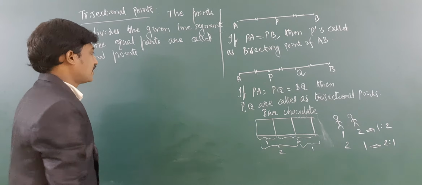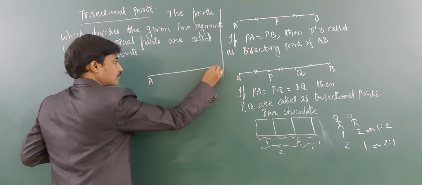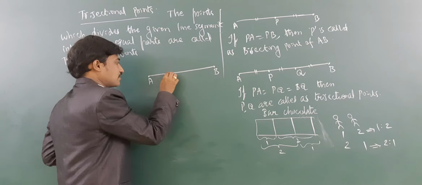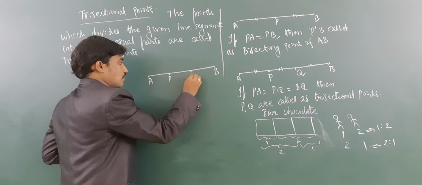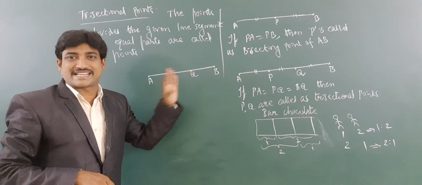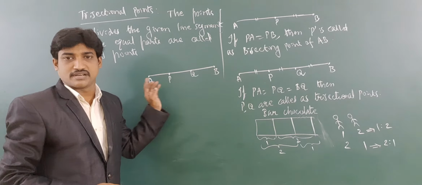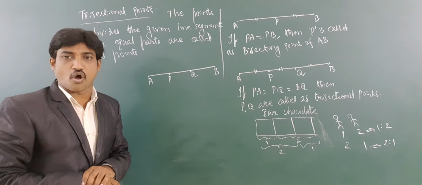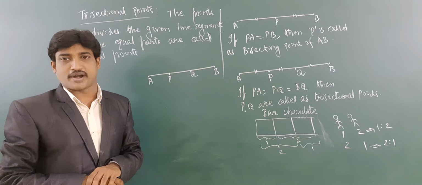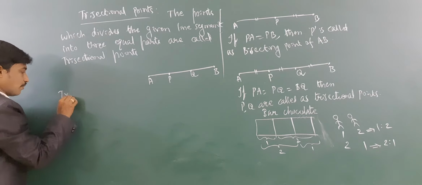Similarly, there is a line segment AB, and there are 2 points P and Q on AB, as P and Q are the trisectional points. P and Q divide this line segment into 3 congruent parts. Then P and Q are called trisectional points. This trisection ratio